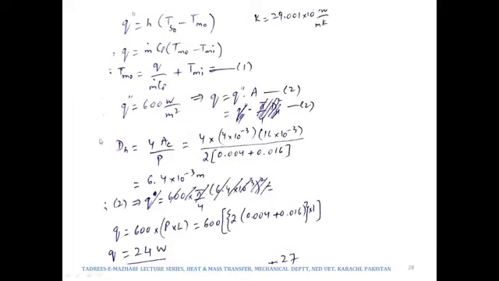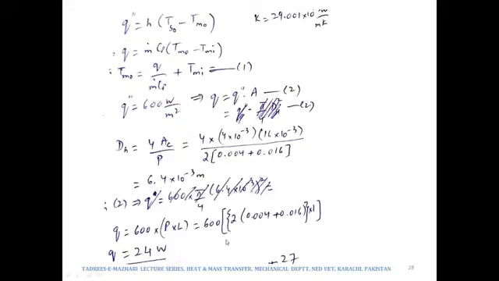We do not need to calculate the hydraulic diameter right now, but the hydraulic diameter would be required in the calculation of the Reynolds number. And why are we interested in calculating the hydraulic diameter? Because it is no more a circular duct. So we need to calculate the equivalent hydraulic diameter of this rectangular duct. So for the timing, when Q is 24 watts,